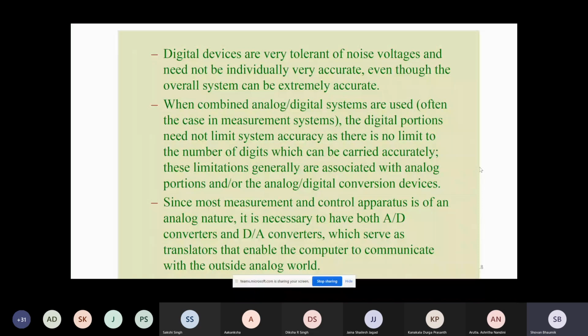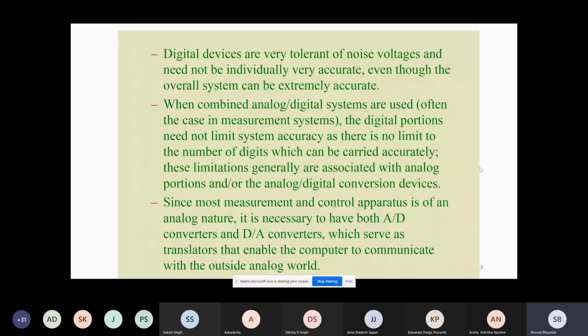But in a digital system, it is either 1 or 0, and any voltage you can represent with 1s and 0s. If you need more accuracy, you increase the number of bits. Suppose you have an 8-bit system, then you go to a 16-bit system, your accuracy will increase, and there is no noise or very little noise associated with it, because it is a 0 or 1 logic state, not a voltage state. So in this way also the digital system is more accurate.